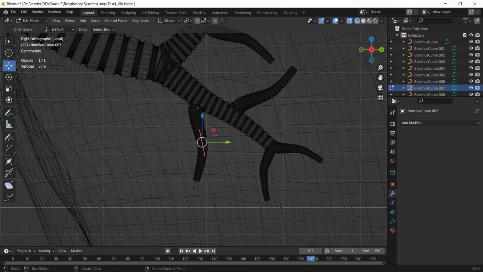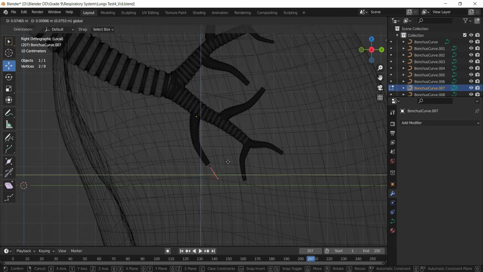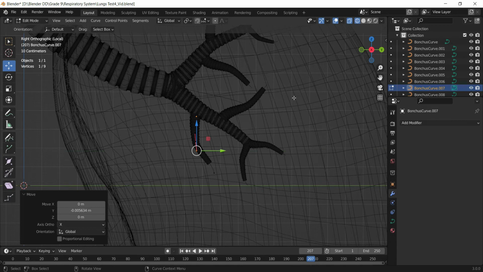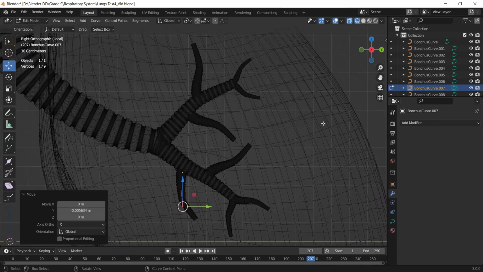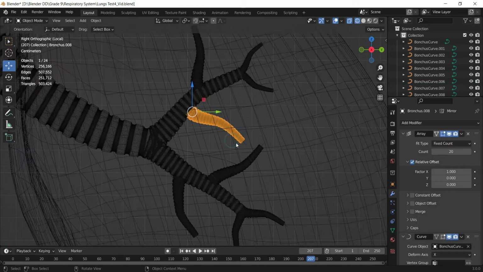So into the edit mode, so that they don't look identical or symmetrical.